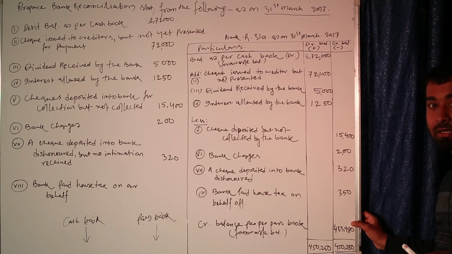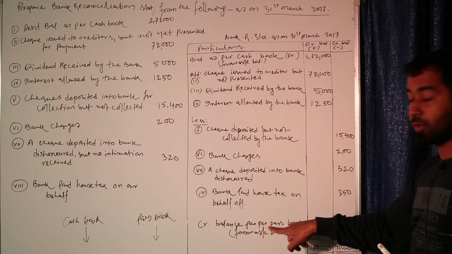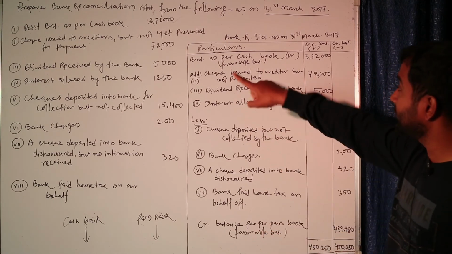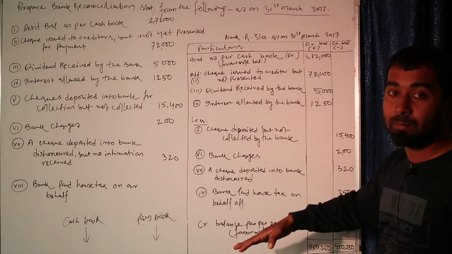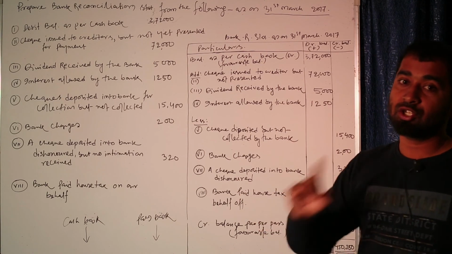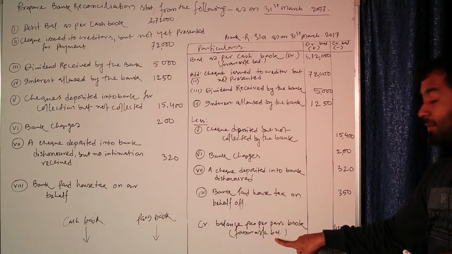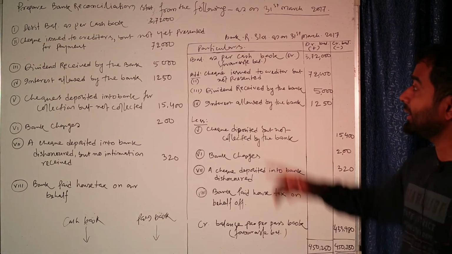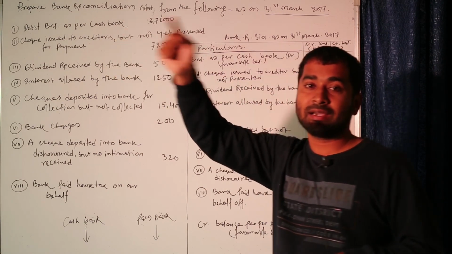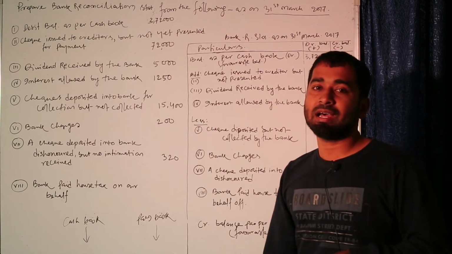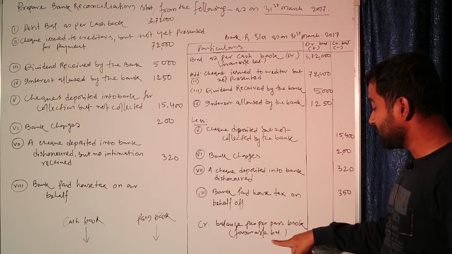If you find this is the credit balance, it is the credit balance as per the passbook. If you started from the cash book balance, definitely the balance you get at the end should be the passbook balance. So that credit balance as per the passbook is the favorable balance. We know that the debit balance as per the cash book is the favorable balance, but the credit balance as per the passbook is the favorable balance. So I have written here the credit balance as per the passbook, favorable balance